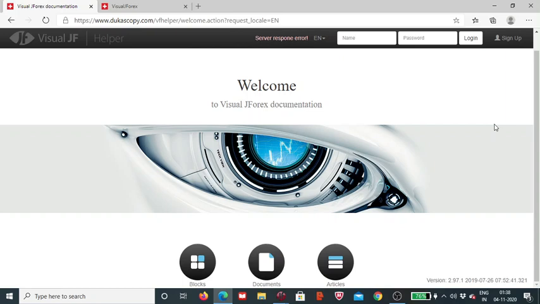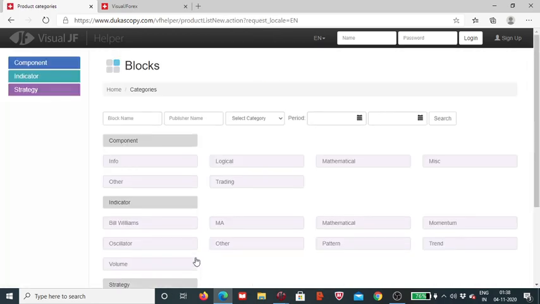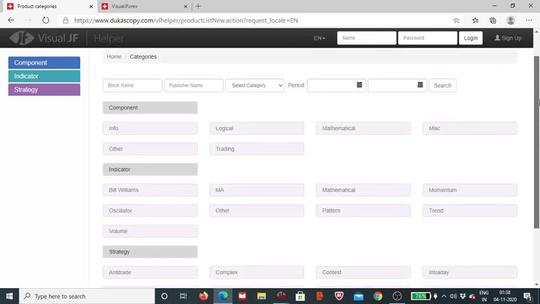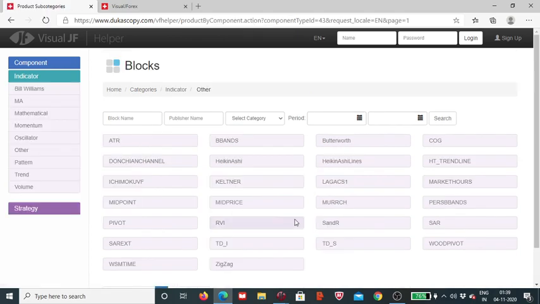Session of Visual JForex, I will be demonstrating to you the use of the indicator named Parabolic SAR Extended. This is a more advanced version of the Parabolic SAR which we saw in yesterday's session. In today's session we will see how we can utilize this newer version of the Parabolic SAR. We will see its functionality, how it is different from the Parabolic SAR, and the additional features which we get in this